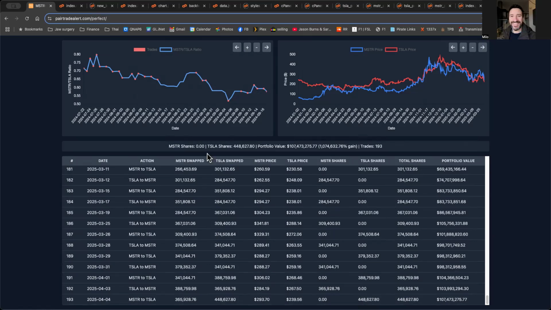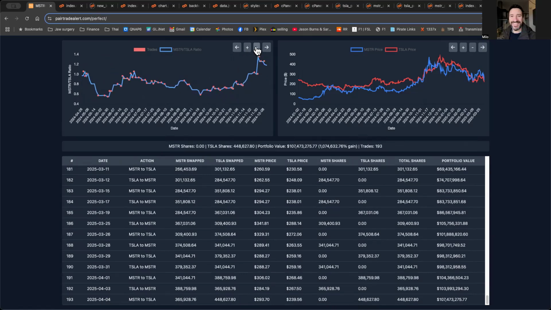Obviously, this would be great if you've got a time machine. You could take this back and make all these trades and you'd make a lot of money. But for those of you who don't, what's the point of this website? I think it's quite interesting to look at the chart and see the days where it was most optimal to trade, and this could be used as a kind of trading aid. You could look at this and say, in retrospect, it was very obvious to swap in and out at these points, but at the time you may not have known